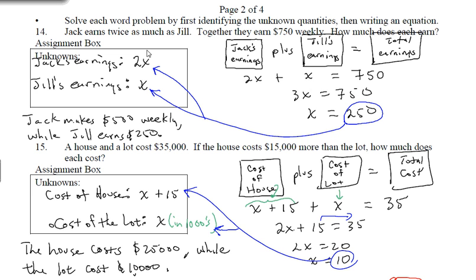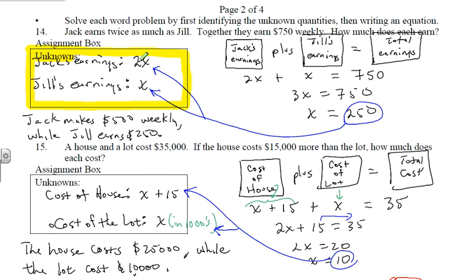Now, the first thing you will notice here is that on this side I have what I call the assignment box. It's a good idea for you to set up an assignment box every time you do a word problem. What goes into the assignment box? As it says, all the unknowns, and then the expressions that you write for the unknowns in terms of one